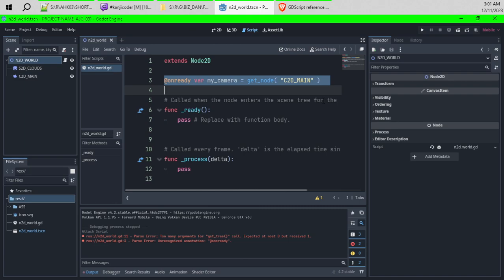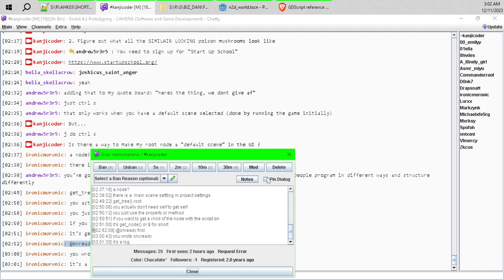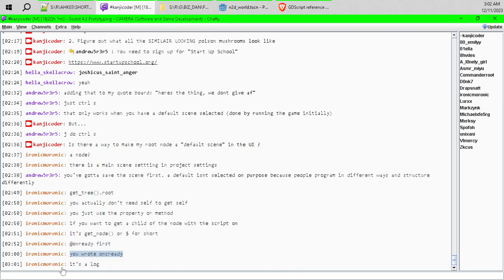This is what I'm talking about. You can read the documentation, but you still have to understand the IDE. This is me not understanding the IDE. Yep, I got that part. Yeah, I wrote, yeah, thank you. Yep, we don't need self. You can just use the property method. If you want to get a child, okay, so, yep, it's get node, onReady first, yep, I wrote, it's a log. Oh, it's a log. It's a log, so it doesn't, okay, so,